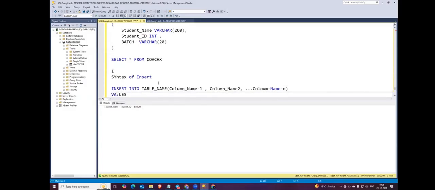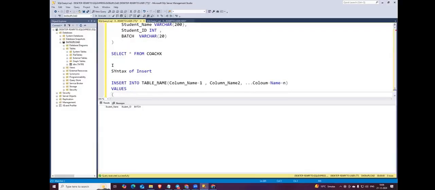Then you have to use the values, and then you can guys insert the value, suppose value 1, value 2, okay. So guys, you can insert the values,